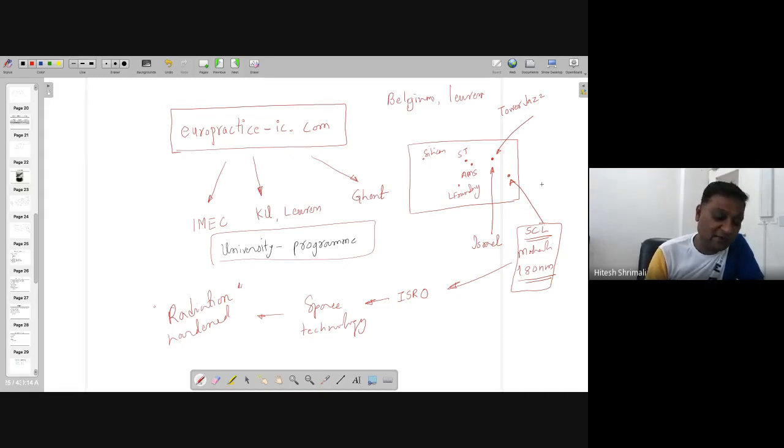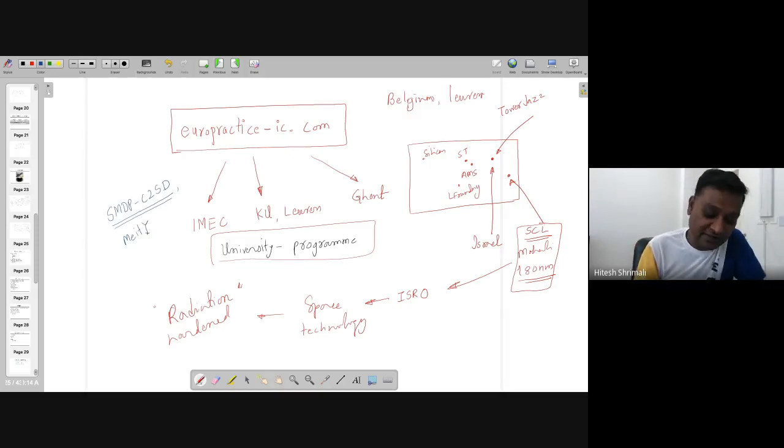But as IIT Mandi is part of one project called SMDP-C2SD, which is Special Manpower Development Project, Chip to System Design, where we have tie-up with SCL that we can design our chip. So we almost made something like 3 to 4 different designs with SCL under this project. By the way, this project is funded by the Ministry of Electronics and Information Technology, MeitY India.